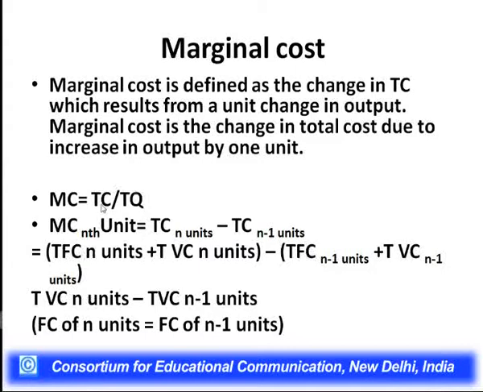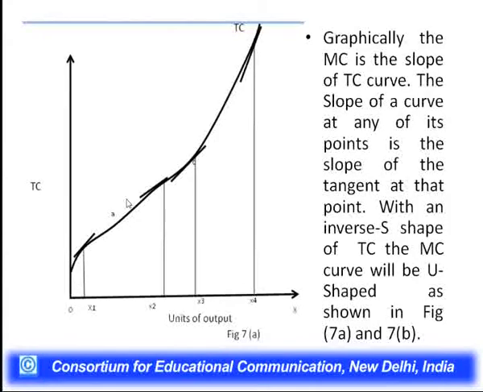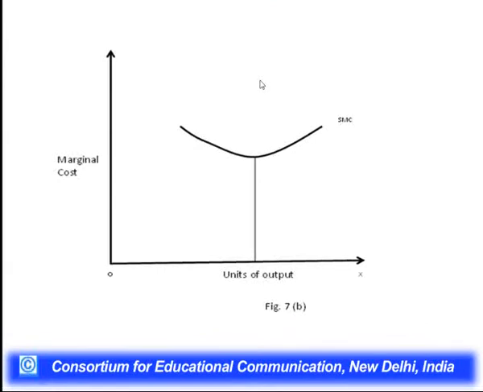So marginal cost is actually delta TC upon delta Q, and we can show it graphically also, that we can draw the tangents at TC to find out the marginal cost at that point, and this will tell you what is the marginal cost. And the slopes of these lines, you see that they go on declining, but after the OX3 output it goes on increasing. SMC is also firstly declining and then it is rising. It is also of U shape.